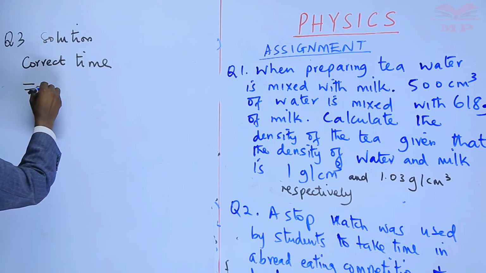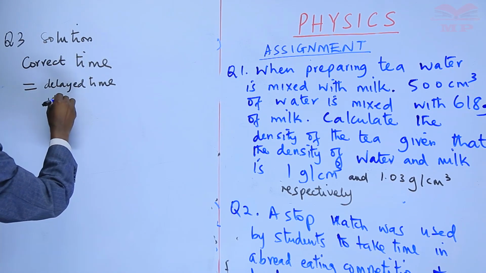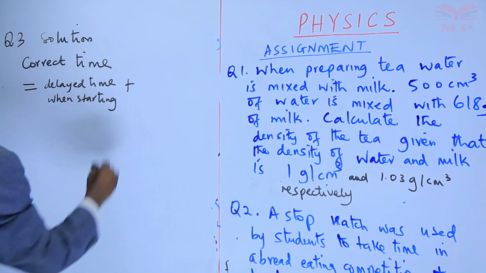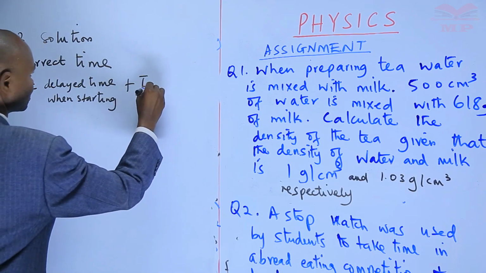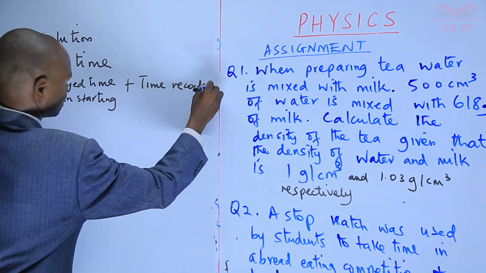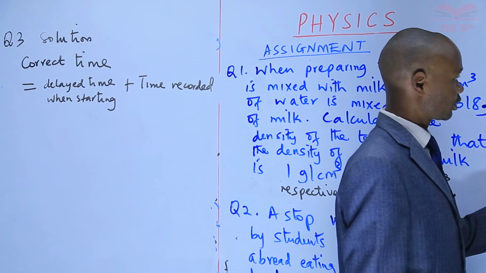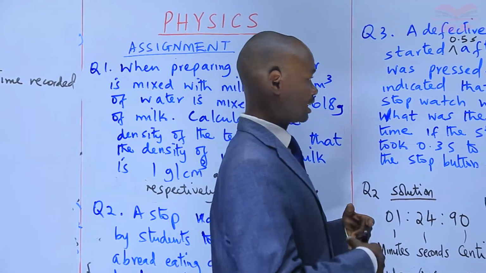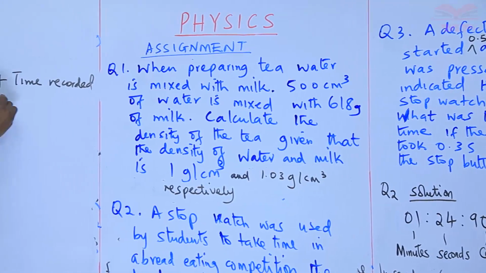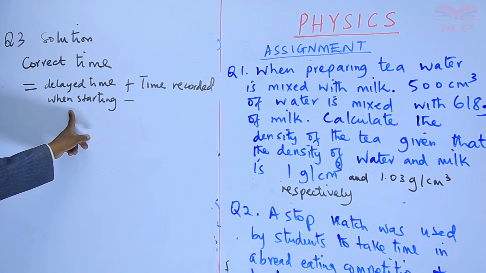It will be the delayed time when starting. You'll add to time recorded. Then you come to the, if the stop clock took 0.3 seconds to stop, it has added time that was not there. So in the last one, you should subtract. So here it was the time delayed, but here you are told took 0.3 seconds to stop. So you'll subtract